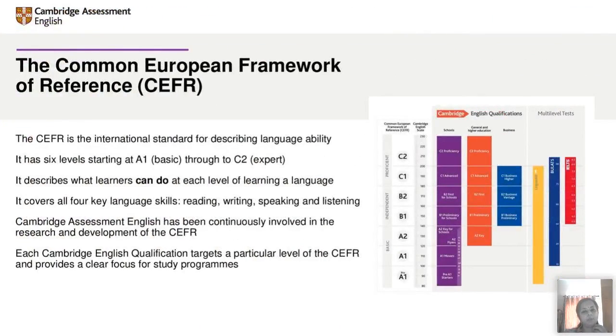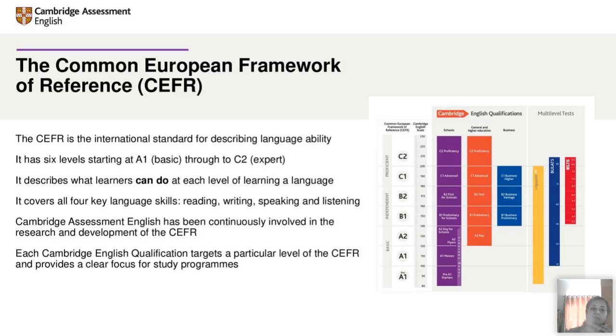So what we are looking at here, as I mentioned earlier, is that Cambridge English qualifications help you to do a progression. Now, what is this progression? There is a benchmark tool that is used worldwide to assess English language skills, and this particular tool is referred to as the Common European Framework of Reference. In this presentation, you will see it as CEFR, and it is an international standard developed for describing language ability. So something like, if I say a person is a first-class graduate, it means that he or she is capable of certain actions.